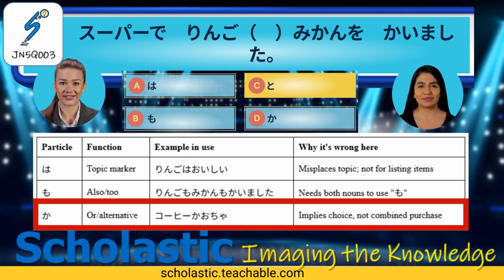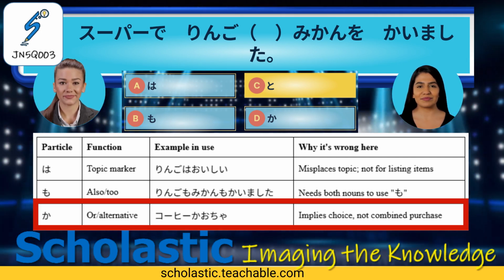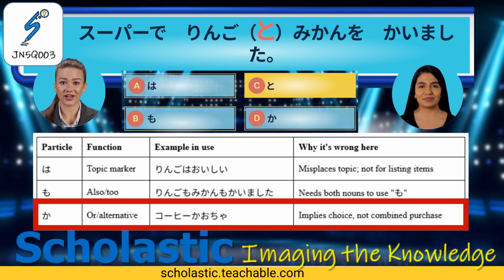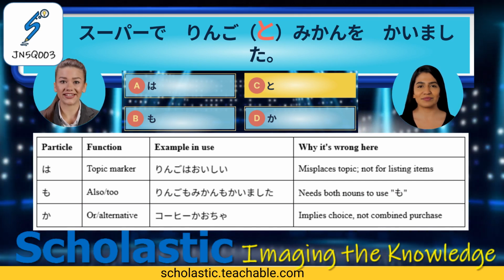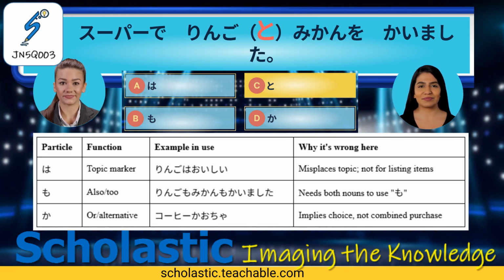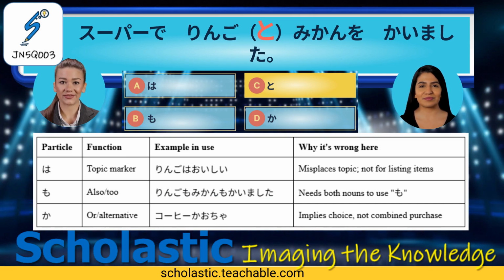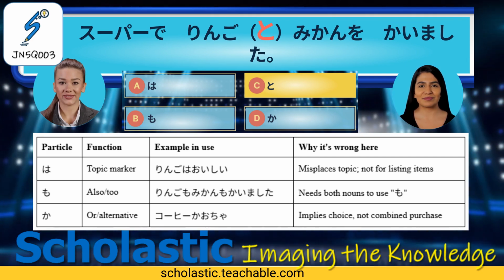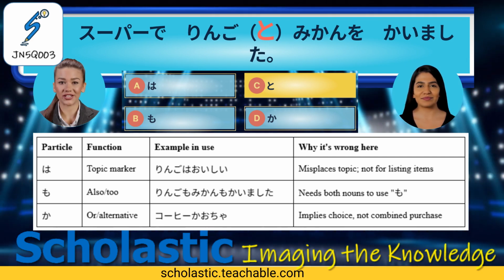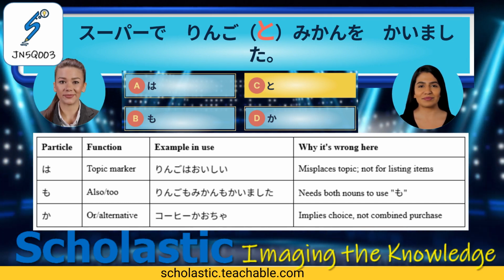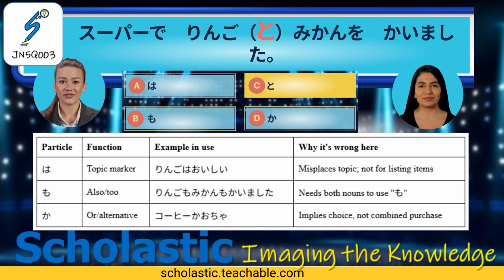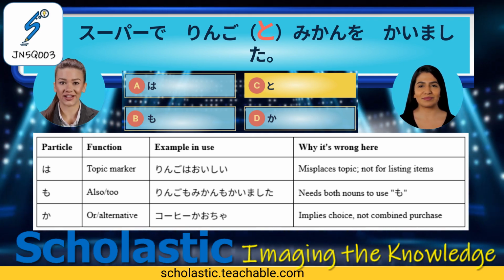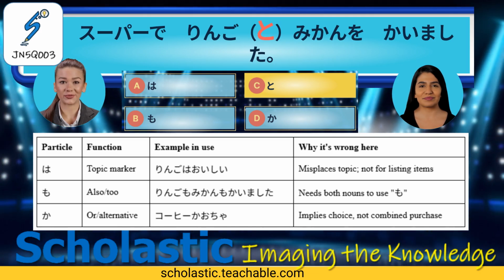Now let's look at the answer C. と. In Japanese, the particle と is used to connect nouns when you want to say and. It shows that both items are included together, not one or the other. You use A と B when you want to list specific, concrete items and clearly indicate that both or all of them are included. This particle functions like the English word and, but it is used exclusively with nouns, not